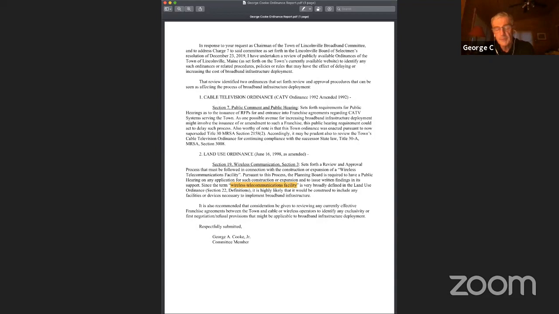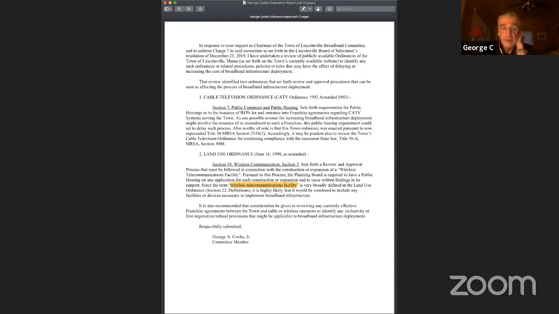You never feel fully confident that you haven't missed something. And I really just relied upon the information that was made publicly available in terms of what the ordinances are. There wasn't anything that specified anything beyond the process. I did find it kind of curious that our enabling statute here in Lincolnville is now based on a superseded state statute. I don't think that probably makes a difference. I suspect we were just grandfathered in.